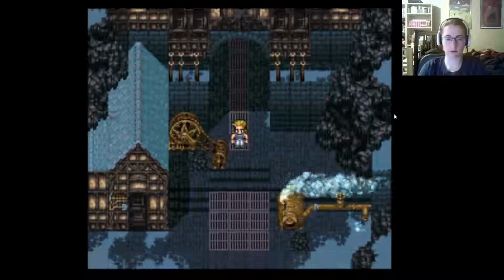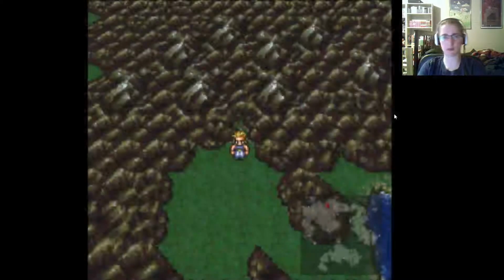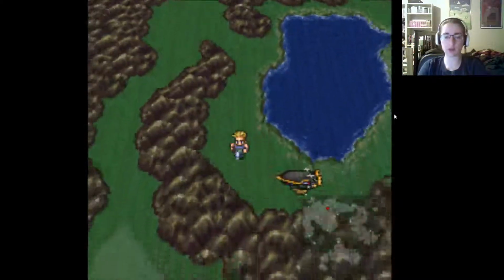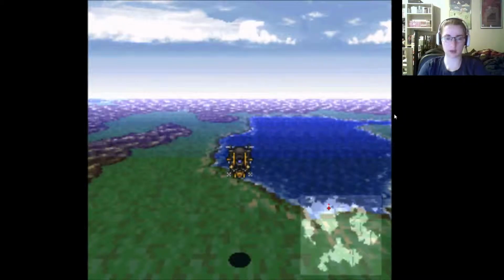Alright. So, I guess I'll go look for Moogles in the mountains and see if I can find some Yeti folk. I want to see what happens if I try and land this thing in the mountains. I don't know if I remember...